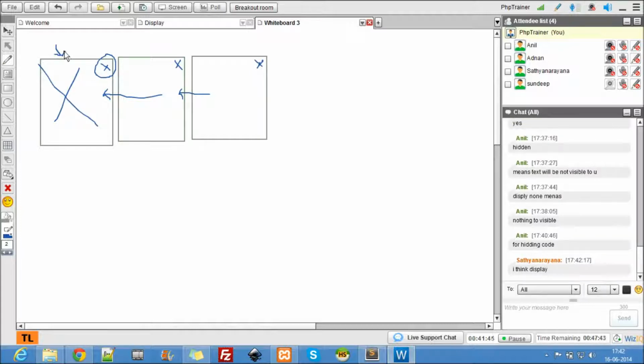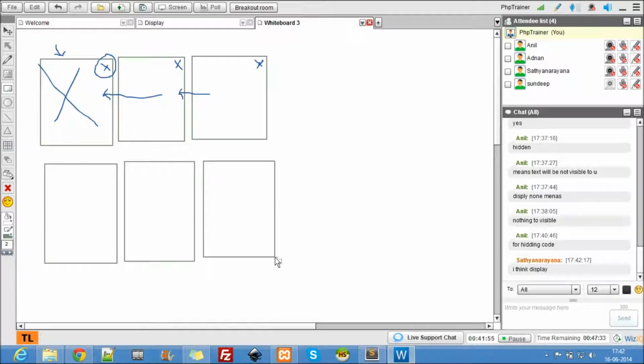Okay, now second application. Same thing: click on this, remove this, but don't move them, fixed.